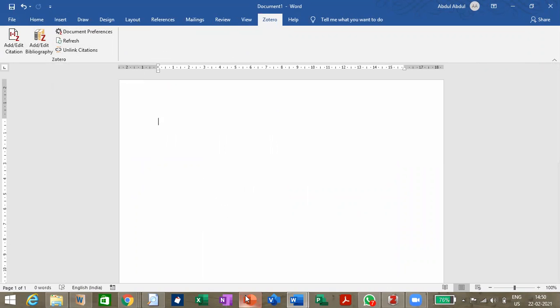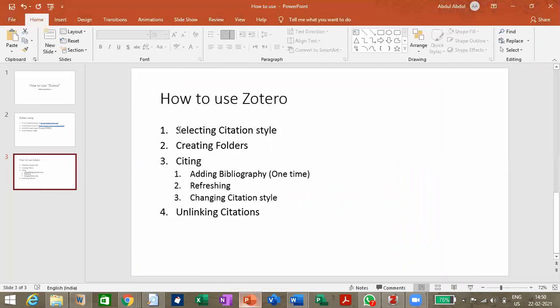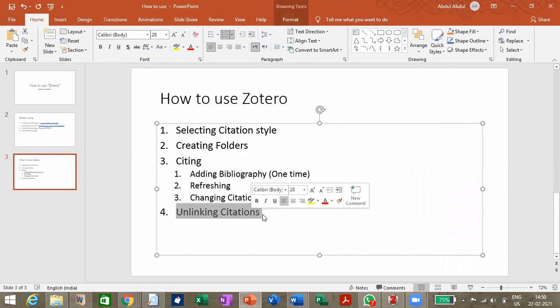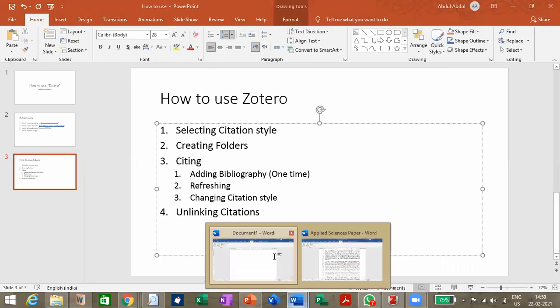So what are we going to learn in this? Selecting citation style in the beginning, then creating folders, then citing, which includes adding bibliography. This is a one-time step. Then refreshing if required, changing citation style if required, and lastly, this is also an optional thing, unlinking citations. So I'll show how to use this in the MS Word format.